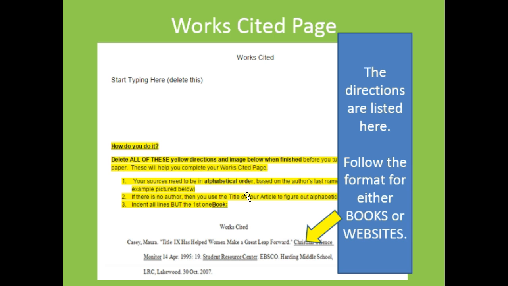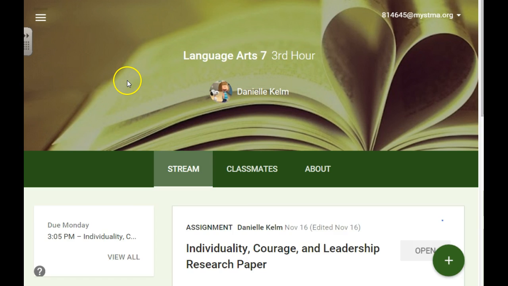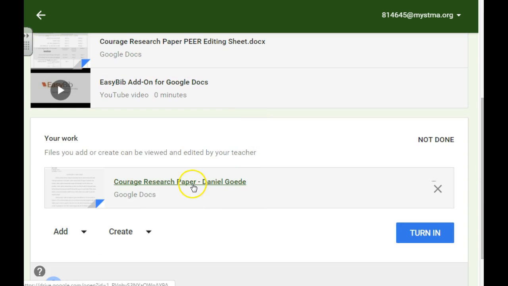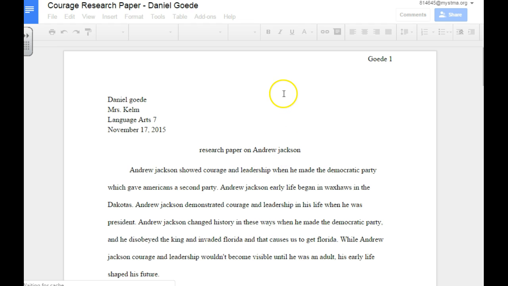So in your Google Docs, I've already added a page that looks something like this. There's two ways that you can do your works cited. One is the hard way. The other way is the easy way. So your first step is going to be to locate your paper. So I've got a kind student who volunteered to be my example. So I'm going to grab Daniel's paper that he's got so far,